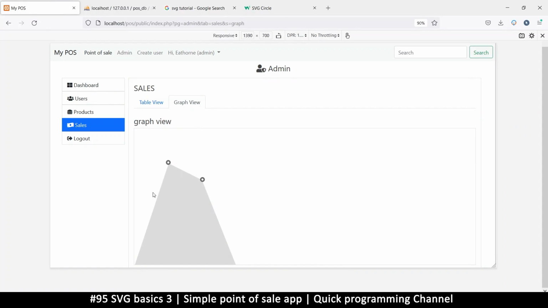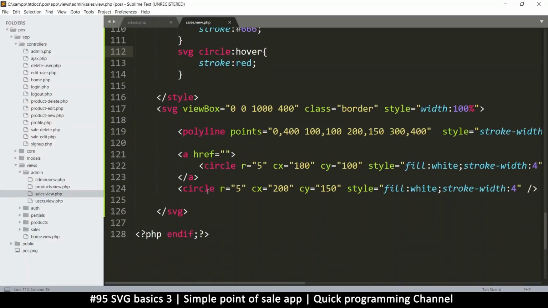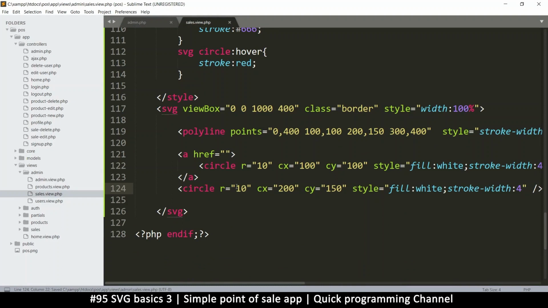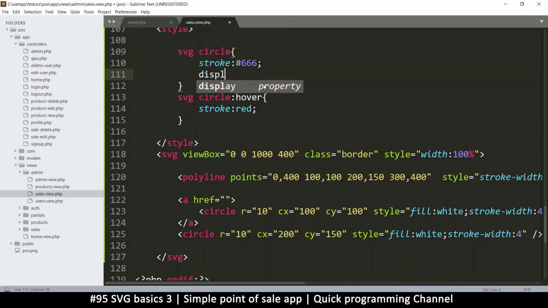You can hide things here and then show them only when you hover on them. I can show you that by doing, let's put this at 10 and put that at 10. Okay, so when I hover here, I can tell it that display is none. But when I hover on it,